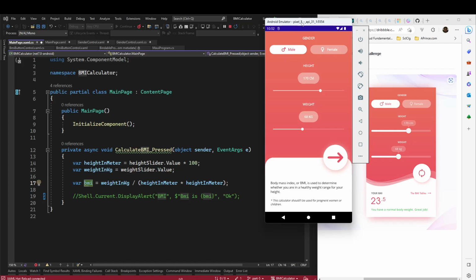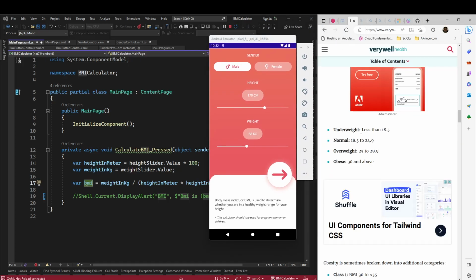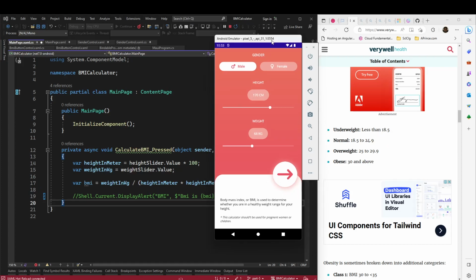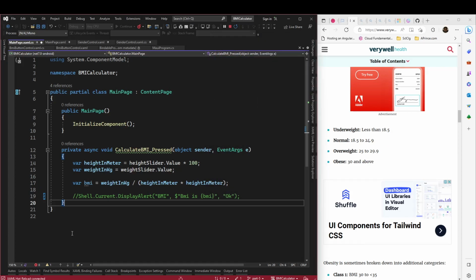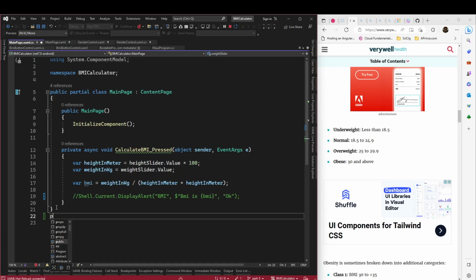This message will come from this thing. On the basis of this BMI value, we are going to have this. So what we can do, let's create a view model here. Public class view model, let's call it BMIViewModel,